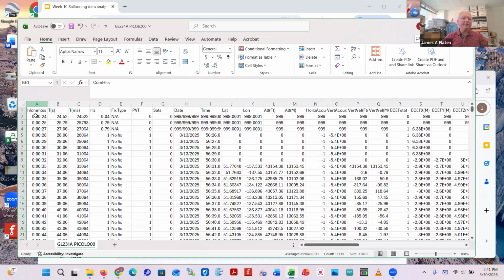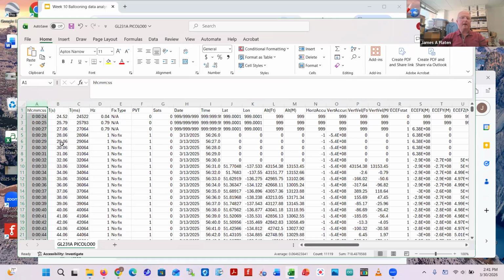Over here, I notice hours, minutes, seconds separated by colons. Oh, what a miserable way to write down the number. This is much more useful. Here are actual elapsed seconds and milliseconds. And so when I do graphing, I'm definitely going to graph against a time column, not an hours, minutes, seconds